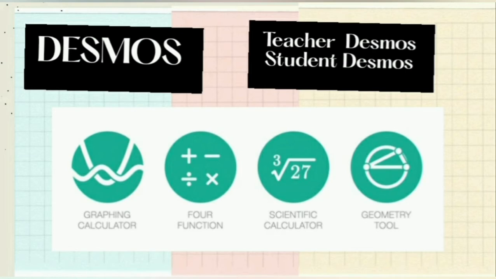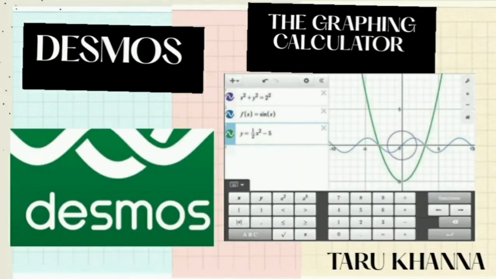For the teacher Desmos, there is a set of different activities available, for example polygraphs, marble sliders, card sorts, and simulations. But right now we are going to talk about Desmos, the graphing calculator, by which students can learn by doing, and instantly see the changes in the graphs as they manipulate different values. It is a great tool for quickly and easily graphing in algebra, and it can change the way learners experience maths. It is both engaging and inspiring.